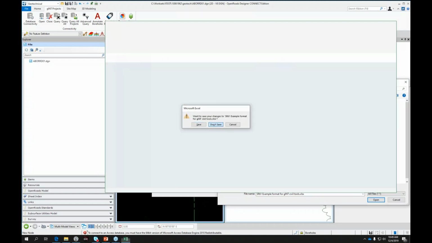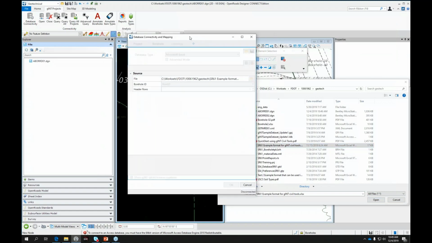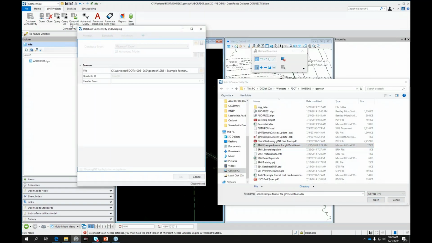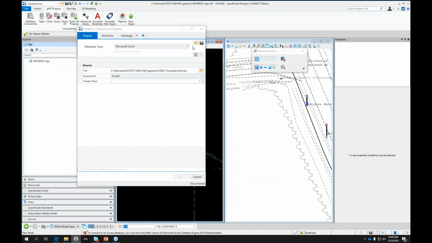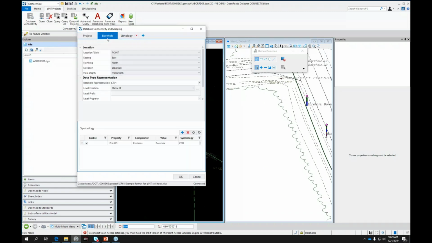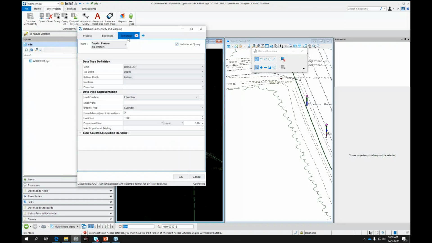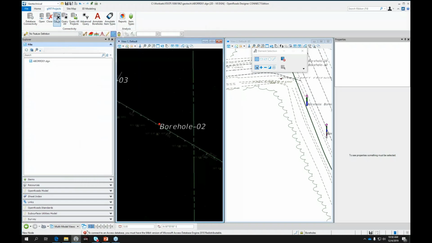So I'm not going to save this. When you come over to the database connectivity, I guess I'm still in this browse tool. I've already connected to this one once, and if you go to the borings, this is where you can set up the properties of how things get displayed. This doesn't actually have any tools to display to the design file. What you actually do is go to this query tool, and you can query everything from the selected database